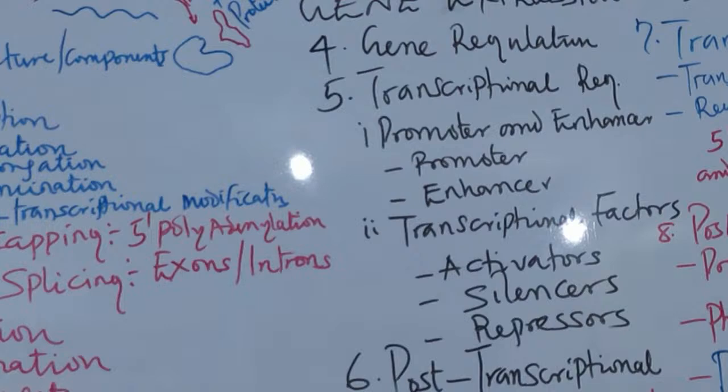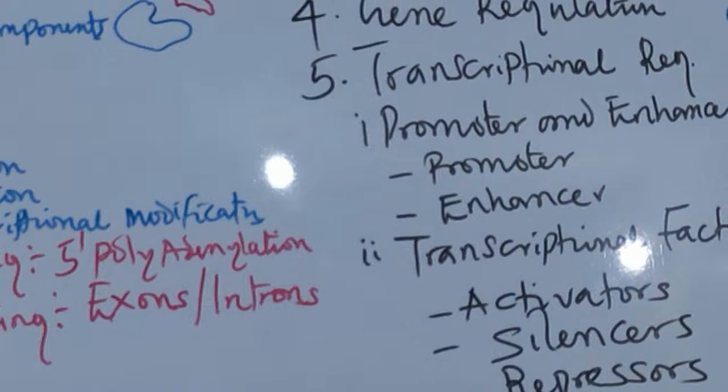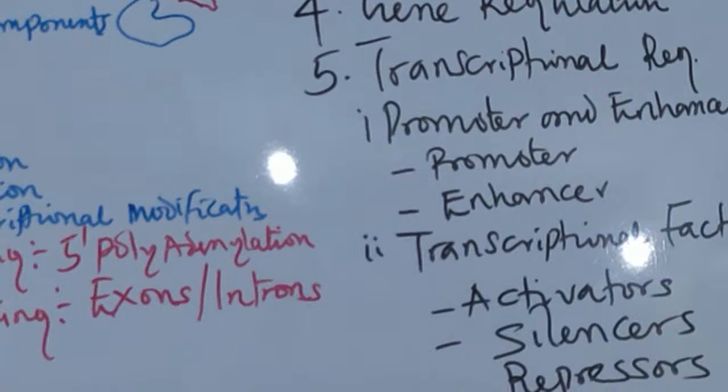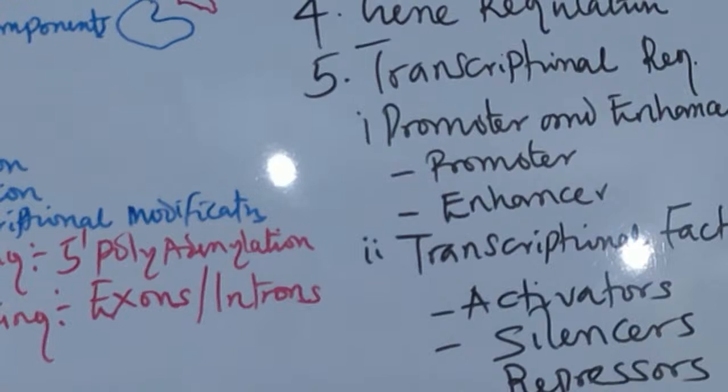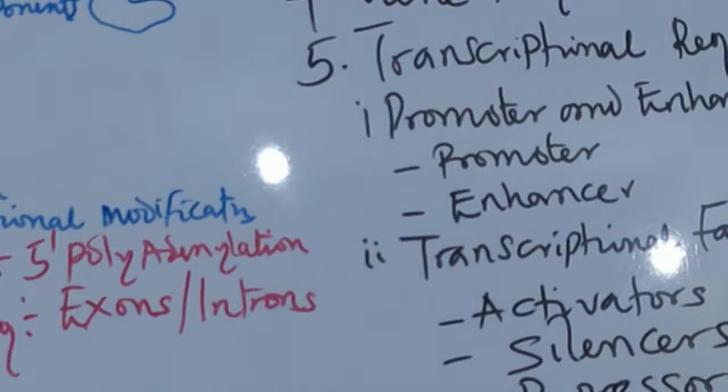The same thing applies to transcriptional regulation. Transcriptional factors and RNA polymerase bind to the promoter region, and when they bind, they have the ability to activate or repress the process, depending on the point in time. So if enough gene has been expressed, the transcriptional factors and RNA polymerase bind to the promoter region, but instead of initiating the process, they repress its activities.